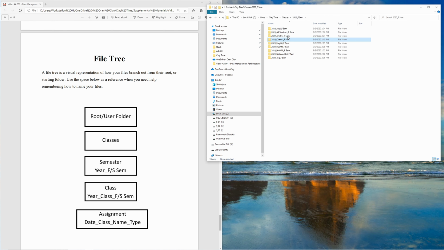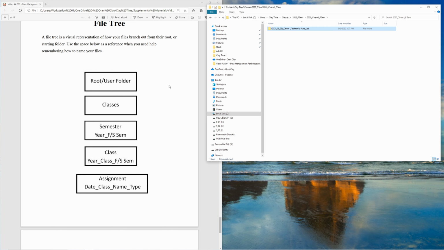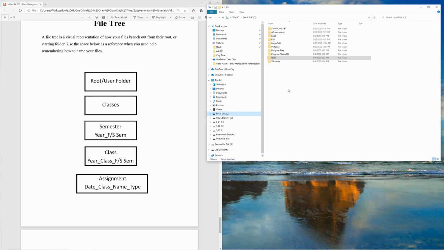So now the last area we're going to go into is how this is all going to work out for what you're labeling and what you're going to call all of this. So we have great names. It's easy for us to go in and out and find all of these areas right from our classes, go into our current semester, go into the class we want, and then bam, we're right there in our assignment. But we want to understand how that's working a little bit. So when we go all the way back into our